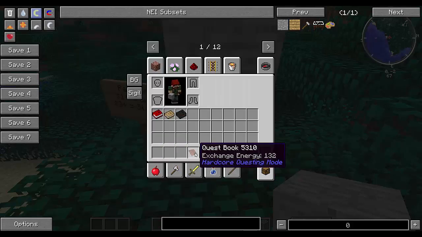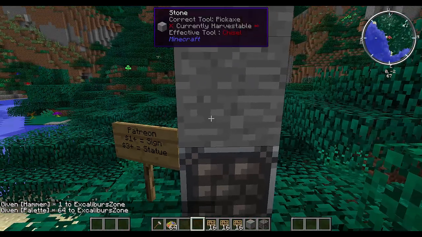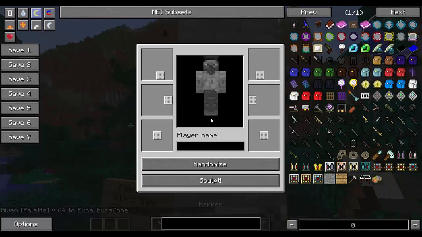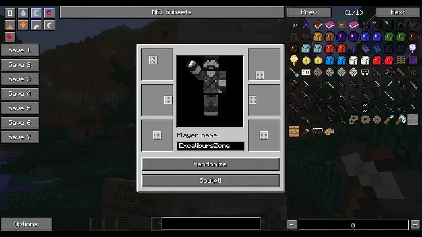So we're going to put these guys up there. We're going to grab the hammer. What's this? Showcase name. We don't need those. We do need that though. So what we're going to do is right click here, and the player name is ExcalibursZone, and probably put some sort of thing like so.